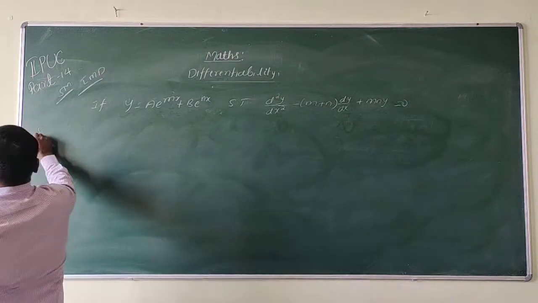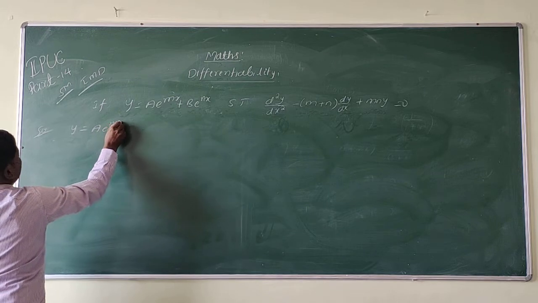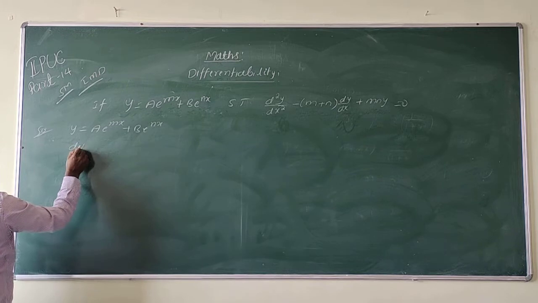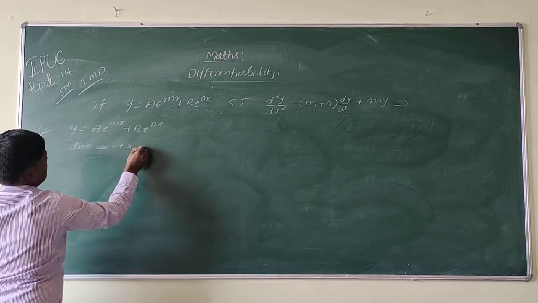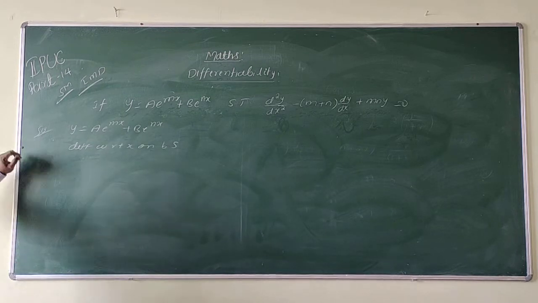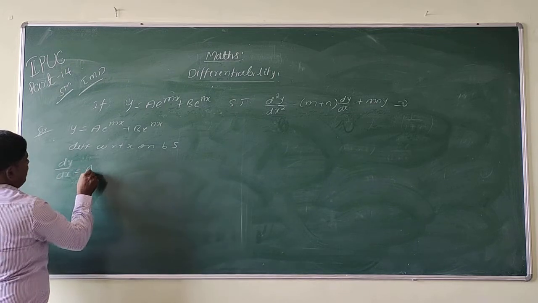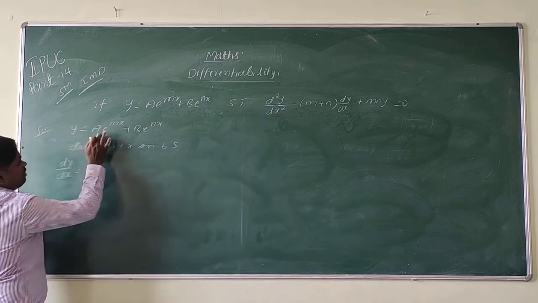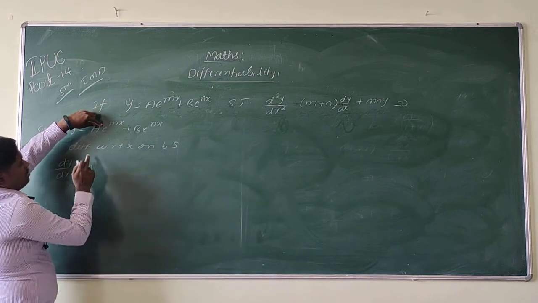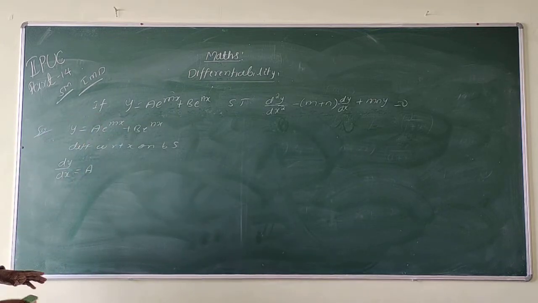So therefore, solution or proof, that is y is equal to a into e to the power of mx plus b into e to the power of nx. Okay. So differentiate with respect to x on both sides. We are going to differentiate that equation with respect to x on both sides. So that is dy by dx is equal to a. So this is constant actually, so take it outside. a is constant, b is also constant. Okay. So therefore first we are going to differentiate this by using algebra derivative. Okay. So no need to write more steps.